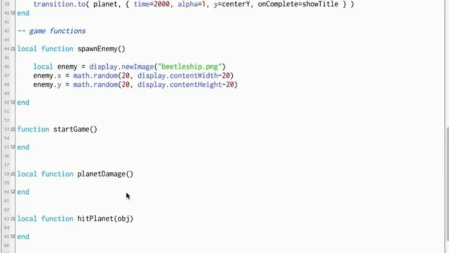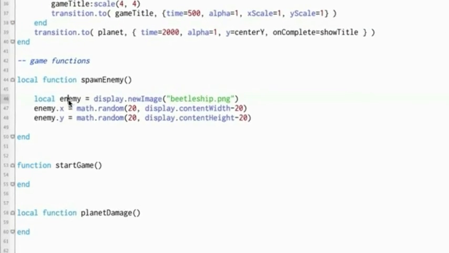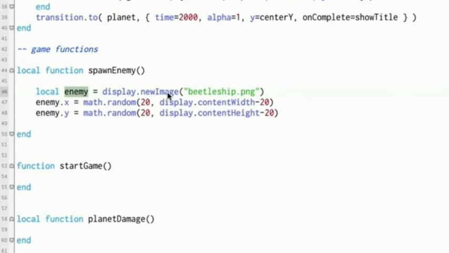The other thing I did was I typed in 3 lines of code here under spawn enemy. We're creating a local variable called enemy, and we're setting it to this beetleship.png. And then we're setting the x and the y, and we're using Lua's math library and the random function. So math.random, and then we can pass in 2 things. The first one is the minimum number we want, and the second one is the maximum number we want. In this case, we're using something from Corona called display.contentWidth - 20,